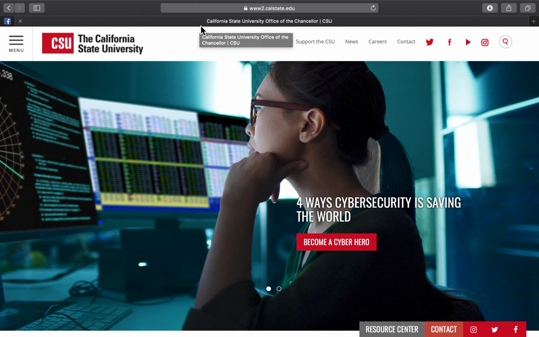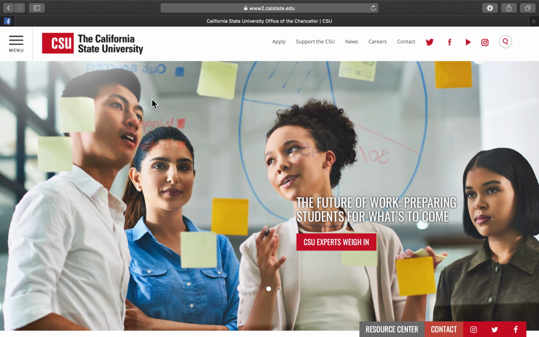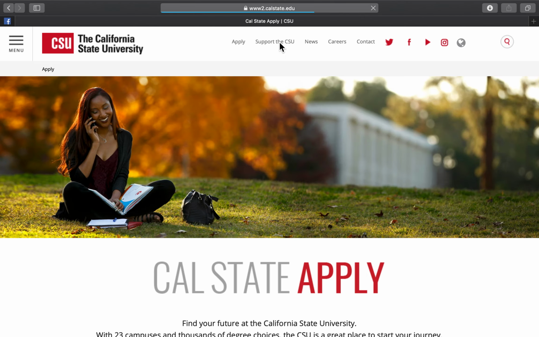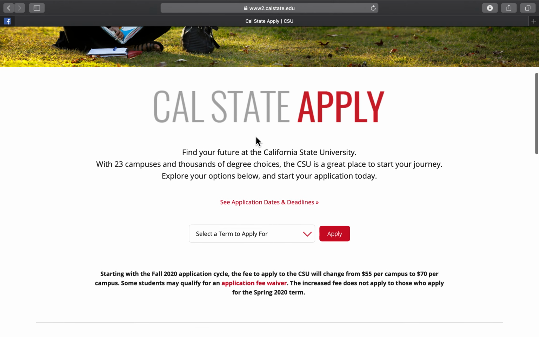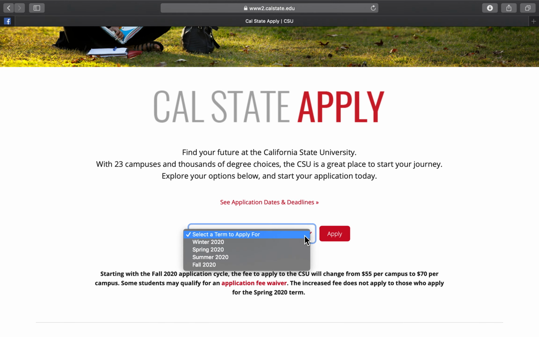All right, so you can start by going to calstate.edu. It will take you directly here. You can go up here and hit the apply button. And then if you scroll down, you can select the term you're applying for, which is fall 2020, and then